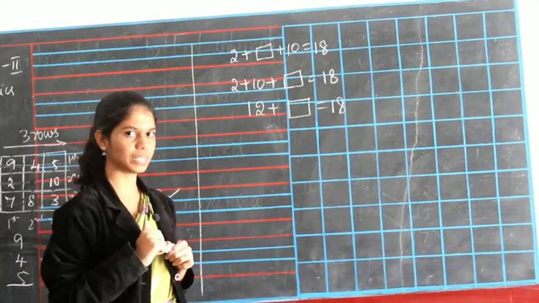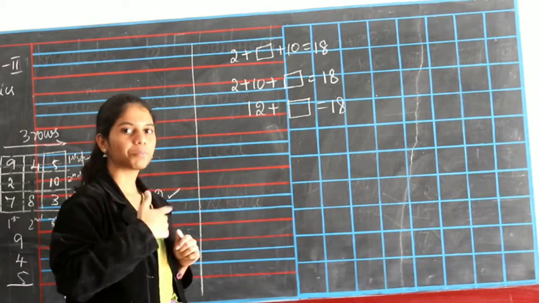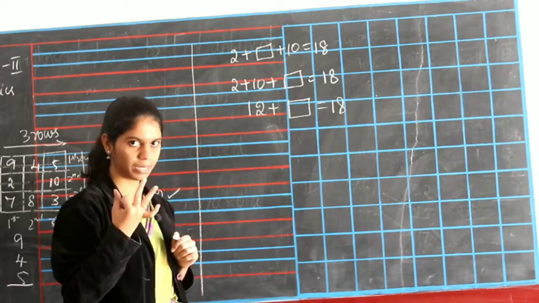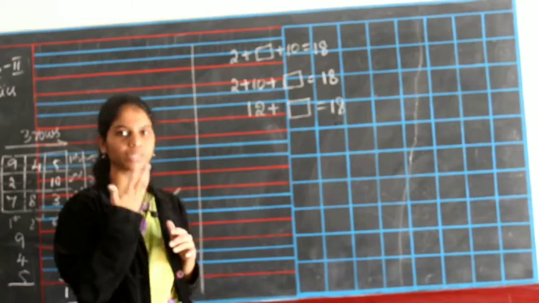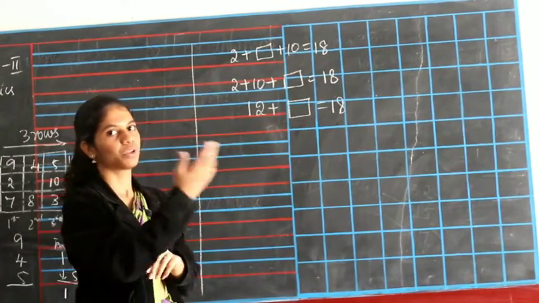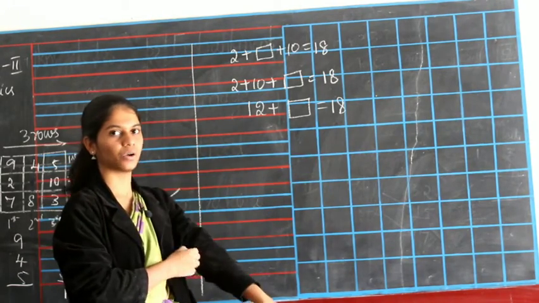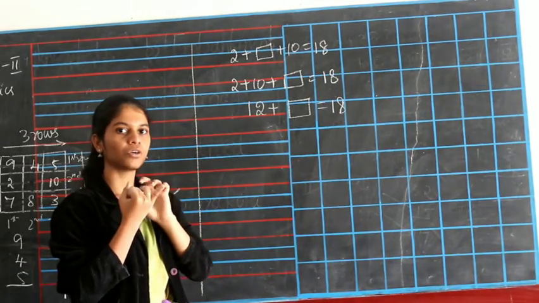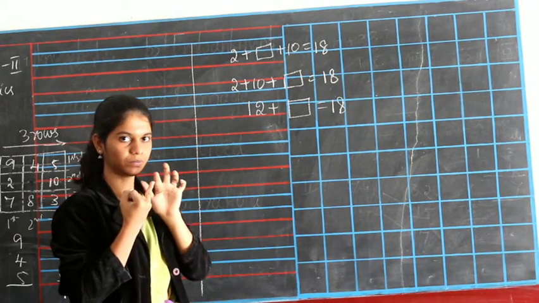So what you are going to do is keep 12 in your mind and then keep on telling numbers after that with your fingers open for each number. When you get 18, you are going to stop and count the number of fingers in your hand so that you will get the number here. Okay, so 12 in your mind and you should stop at 18. Okay, so now 12 in your mind, after that 13, 14, 15, 16, 17, 18.